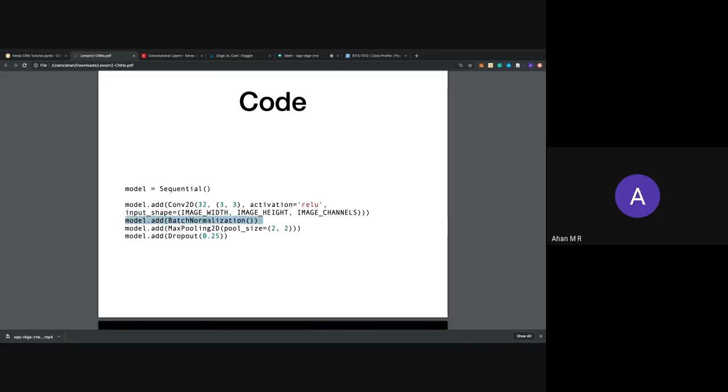And yes, you can add a batch normalization layer here. Batch normalization is very important because I'm not sure if Basubrata ma'am covered the internal covariate shift in class. It basically means that in pre-processing, whatever the initial data you have, you might use a normalization function to generate a normal distribution of data with mean equal to 0 and standard deviation equal to 1, so variance equal to 1.